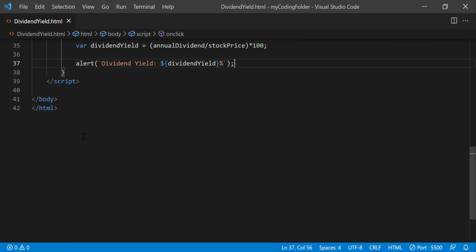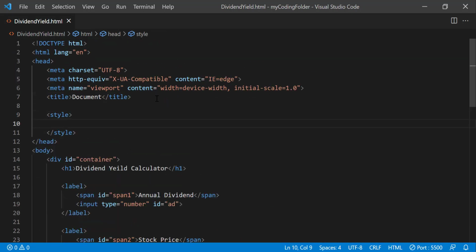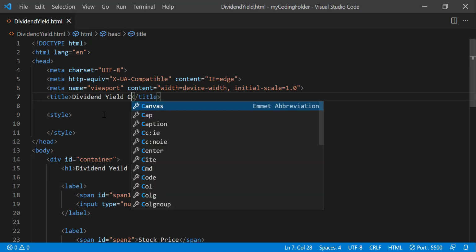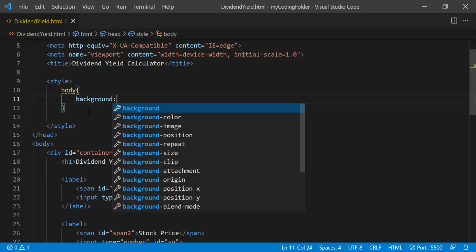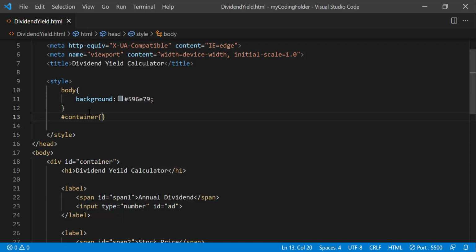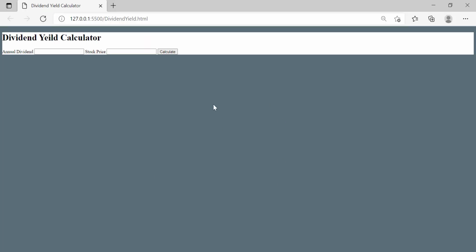Awesome. Now we're done with our HTML and JavaScript. Let's go write some CSS for this calculator to make it look nicer. And I'll also give this a title. We'll just call it Dividend Yield Calculator, and we'll style our body and give it a background of this hex right here. And now we can grab our container, do background white so that it shows up on this gray